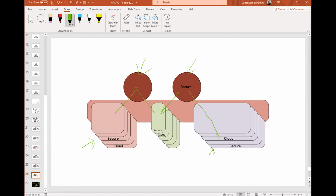Okay, so I'm trying to encourage people here to look at things in a different way, to look at the interconnect as not having to be the same everywhere, and to allow people to think that we can have bits of an exascale system that are cloudy, bits of an exascale system that are secure, bits of an exascale system that can link together in a very, very large way, but not just having one big system. It's lots of little systems linked together into a resource that gives you the best possible science in